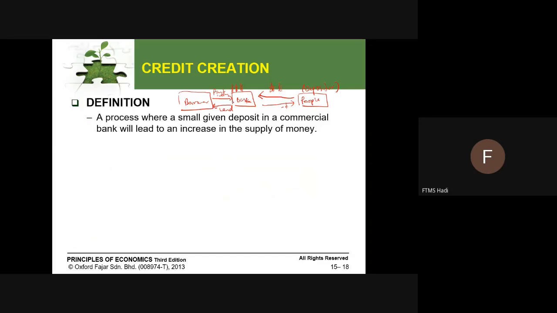So therefore, if you're asking me how banks make money, it is by loans. They provide loans and then charge interest to the borrower. So that is their return on investment. So credit creation tells you that people's deposits will make a bank willing to lend money to the borrower. That is a simple explanation of the credit creation that I'm talking about.